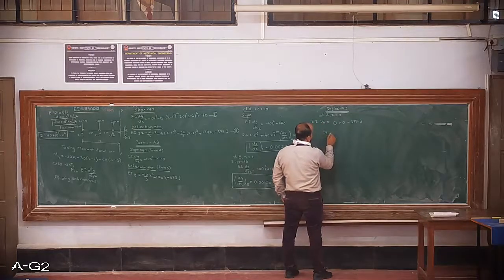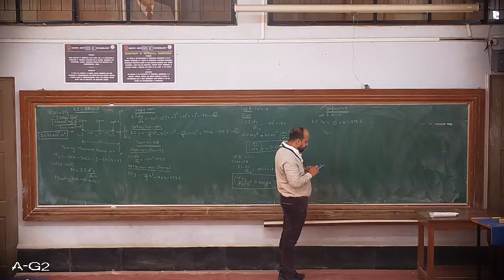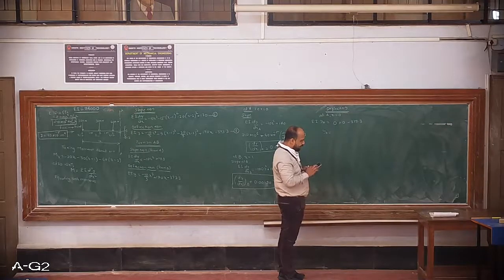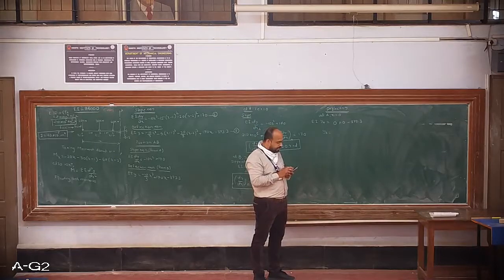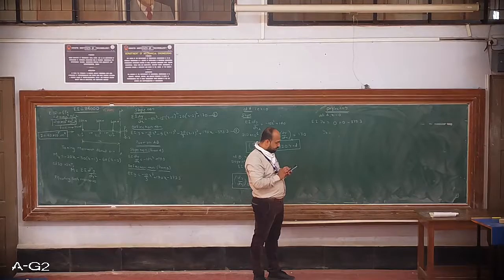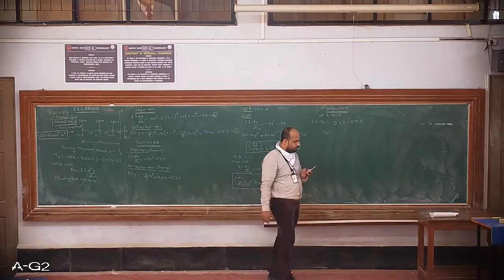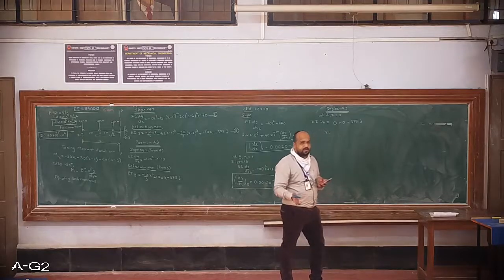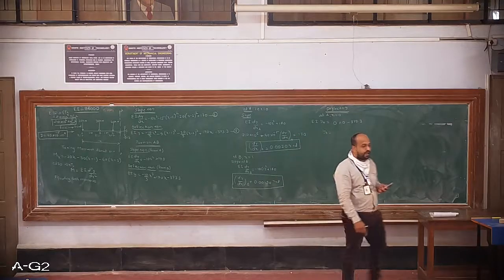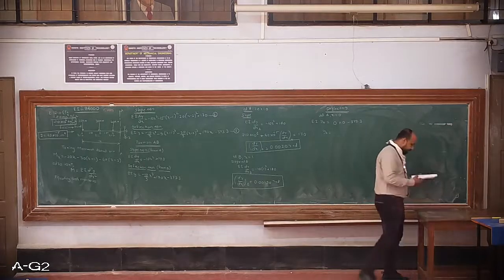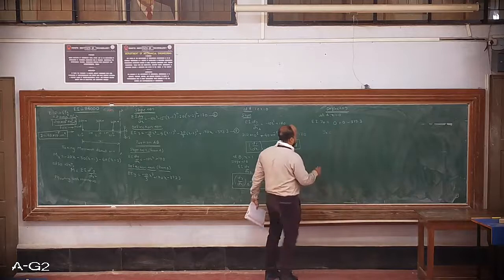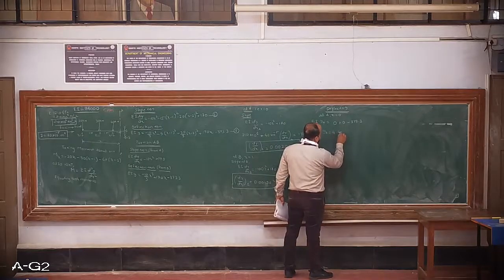So YA is minus 373.3. It's a negative value; you can ignore that negative sign because it has come due to sign convention. Minus 373.3 divided by 84,000 is 0.0044 meter. Meter to millimeter, multiply by 10 to the power 3: 4.44 mm. That is what I am getting at A. So the deflection at A is 4.44 mm.